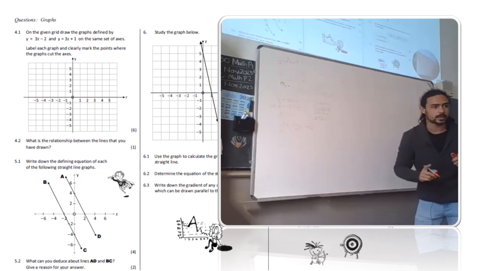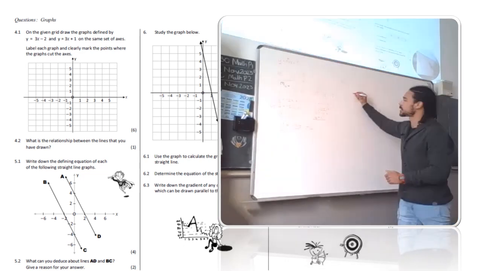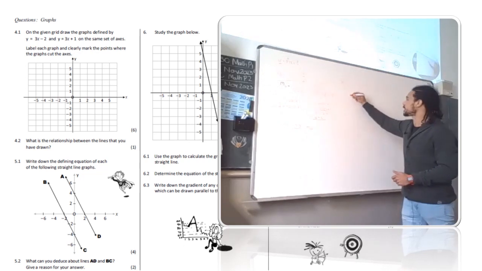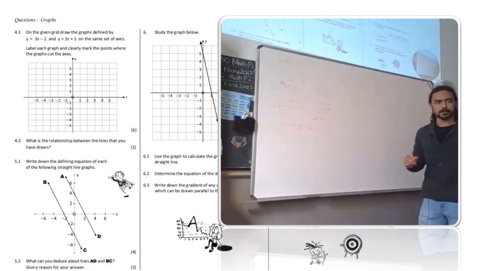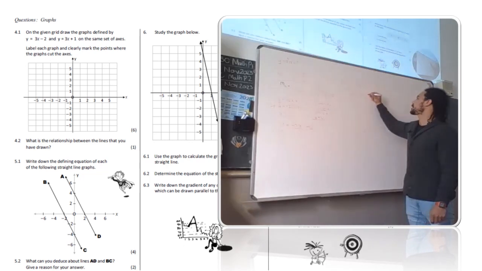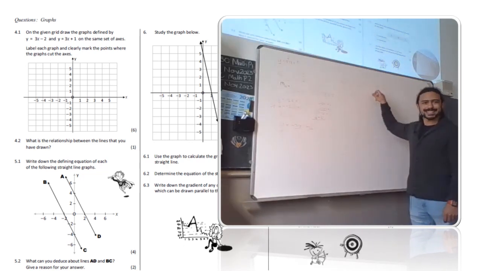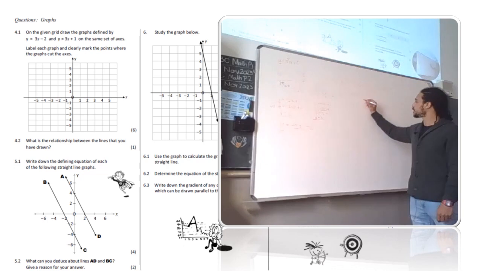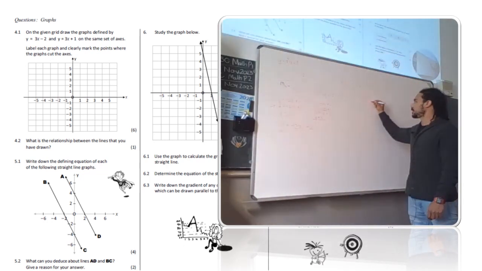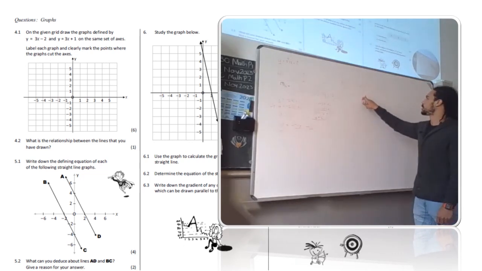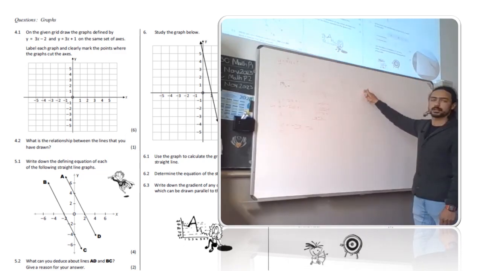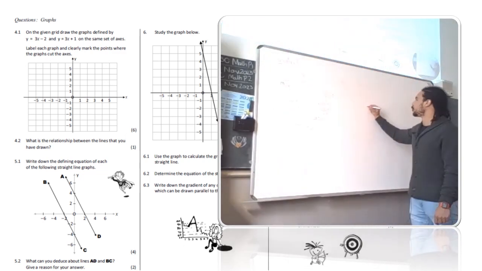Now what are we going to do from here? Ms. Van Wyk, we're going to determine what? The gradient. How do we work out the gradient? We use our formula. So, right? Formula is going to be y2 minus y1 over, this is the difference of the y's over the difference of x. Alright, so that's going to be x2 minus x1. Now, I'm going to say, alright, what is y2? Let's use y2. What is that one? 0